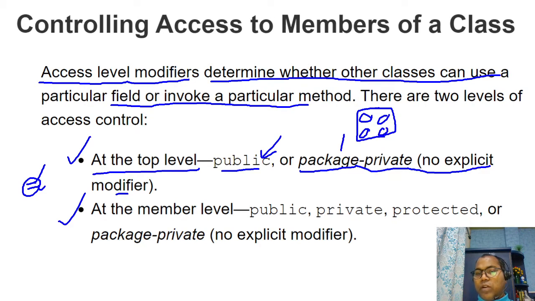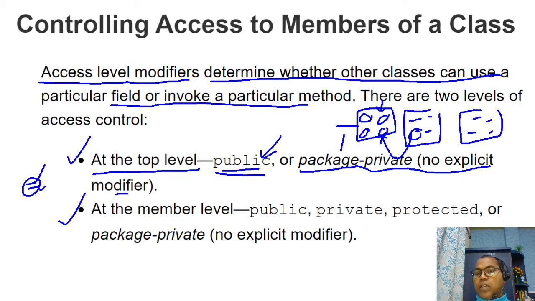If you are not specifying any modifier, then by default all the data members are accessible within this particular package. Related classes are put in different packages, so another package cannot access this package if we are not specifying any modifier. Default means all data members within the package are accessible, but if we specify public, then the class and its fields are accessible across different packages as well. All the classes of a different package can access.